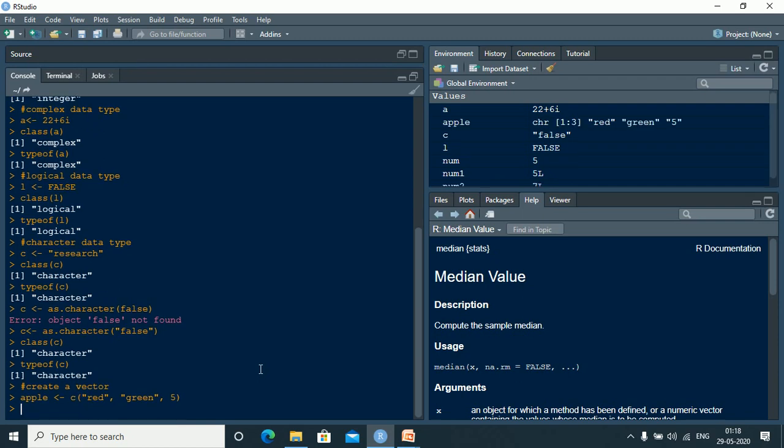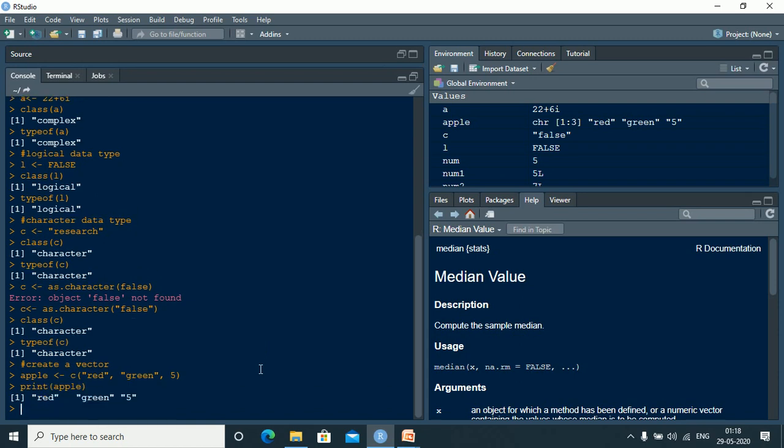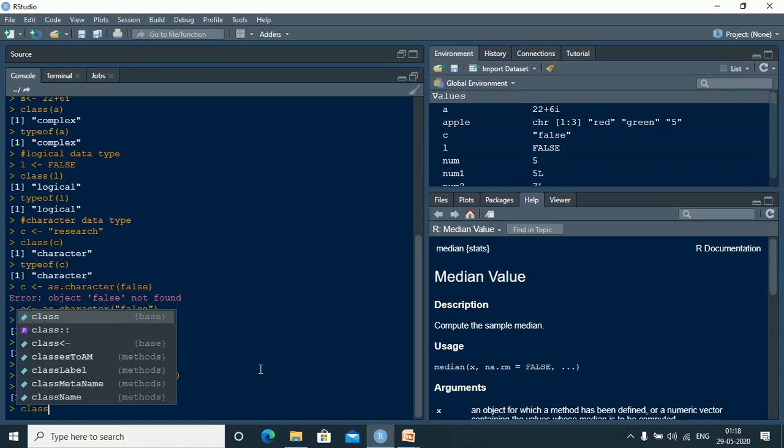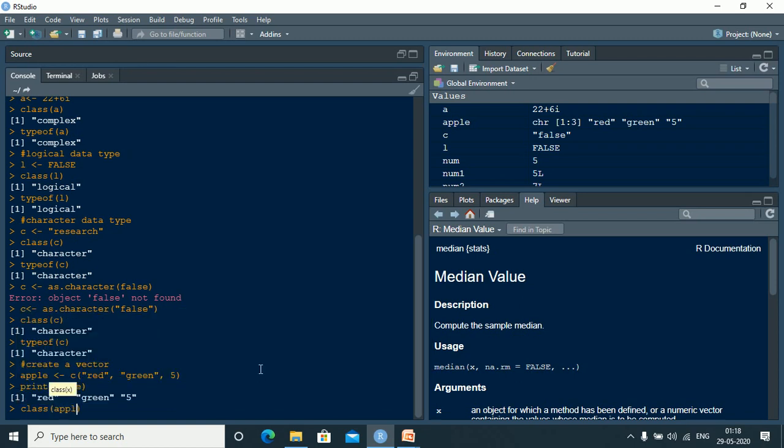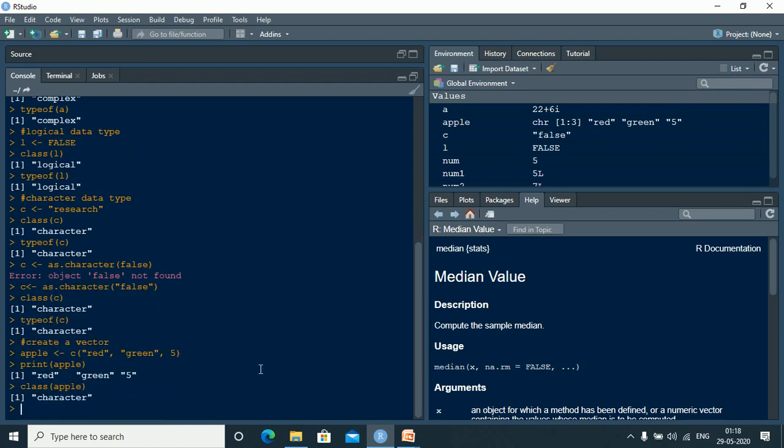Now let us print apple. Now if you see, 5 is within double quotes, that is, it has converted that into a character and it is not a numeric value, right? If I want to see the class of apple, you find that the class of apple is character.